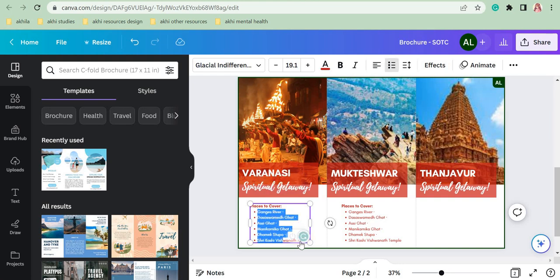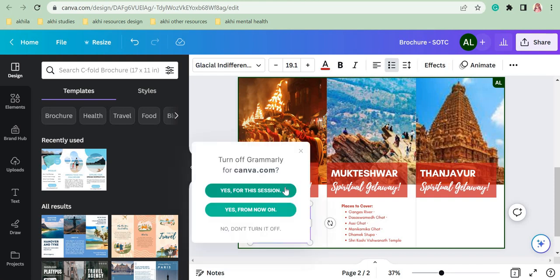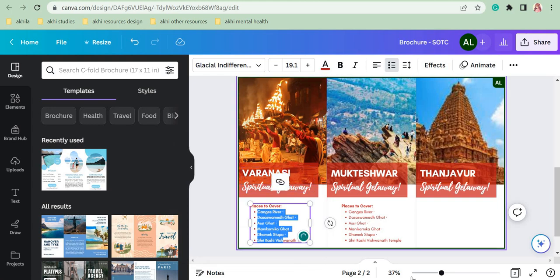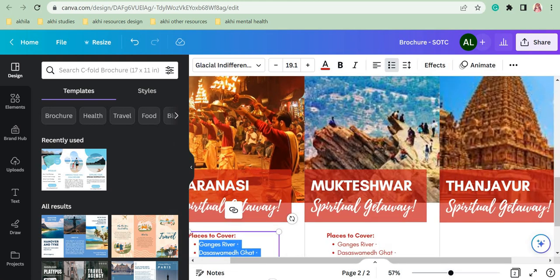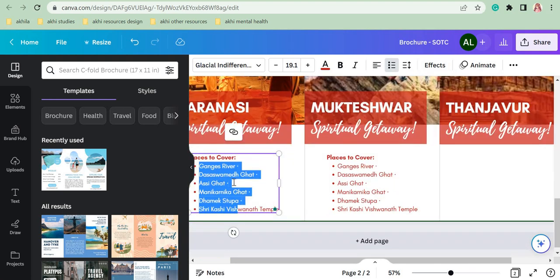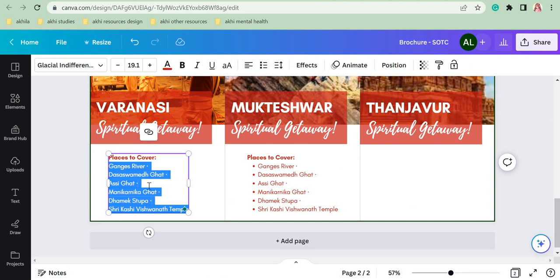You can select all the items in the list. So you can select all the items of the list, and next to this alignment button there will be a button which has bullet points. If you click on this, this is how the list was normally. When you click on this bullet button, you see all these bullet points will start to come.